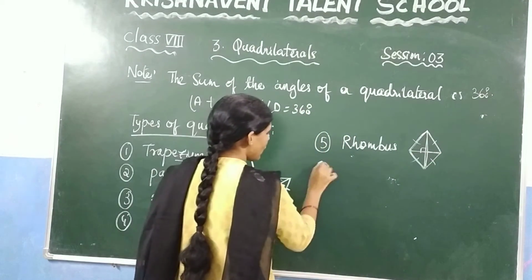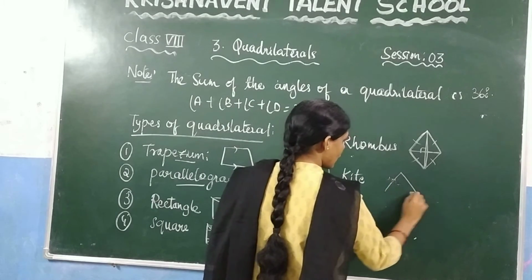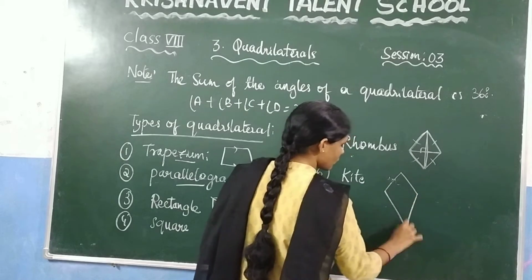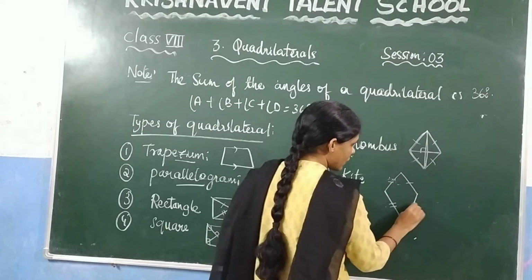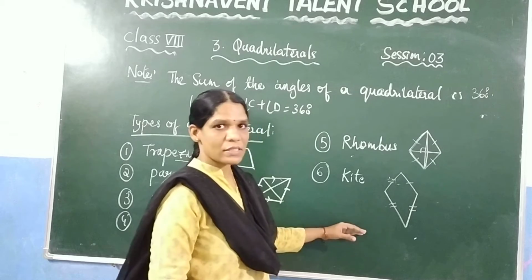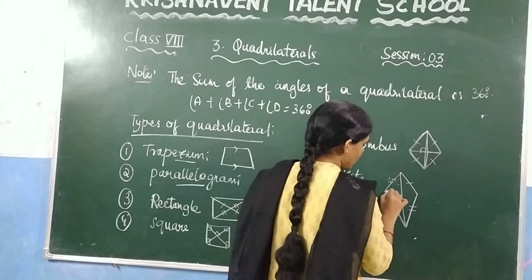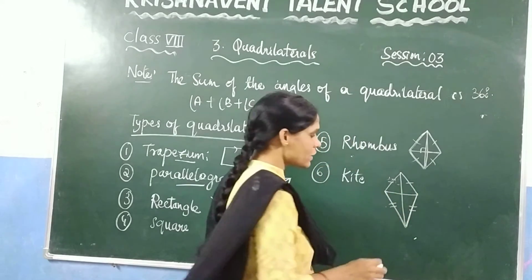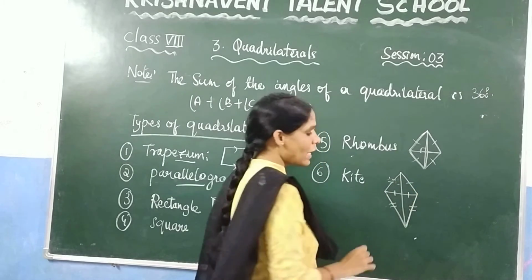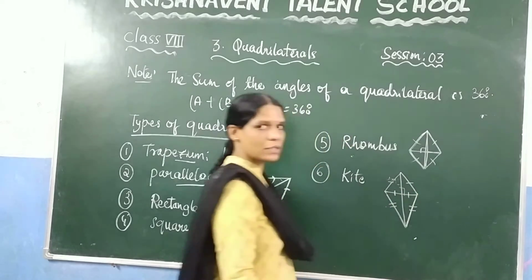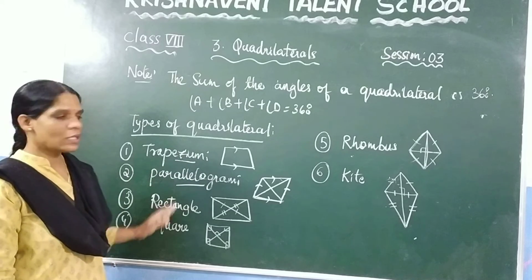And the last one, we have discussed about the kite. So, how it looks like this. In a kite, clearly you can observe that these two sides are equal and these two sides are equal. Which are the adjacent sides? That means the pairs of adjacent sides are equal. And similarly, the diagonals are not equal, but one of the diagonals bisects. That means the length of this part of the diagonal is equal to the length of this part, and the angle here is 90 degrees. These all we have discussed in the last session, and I have written also the properties, and from that session you can write it.